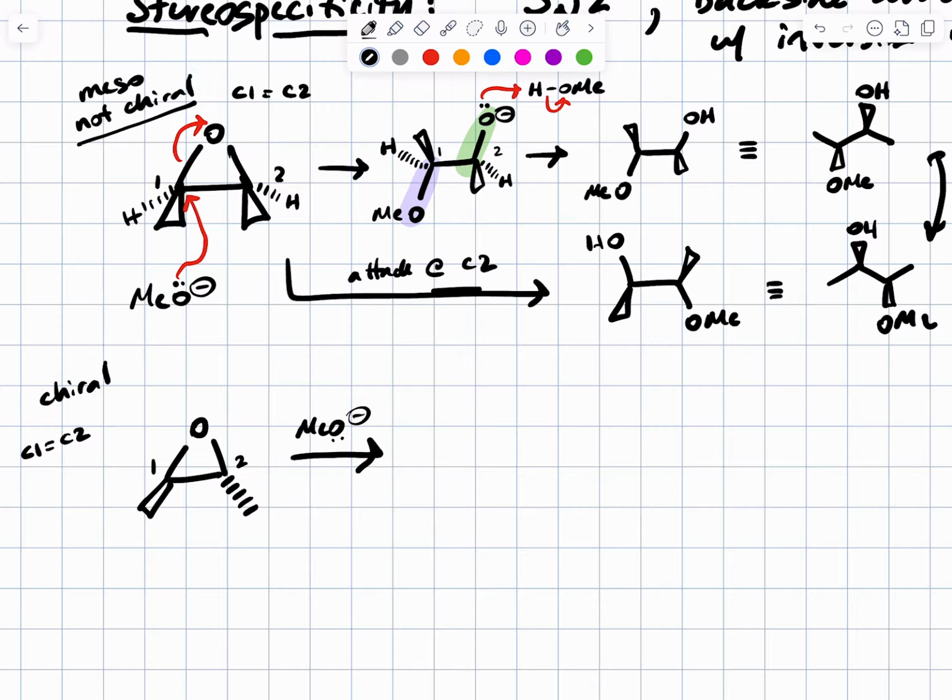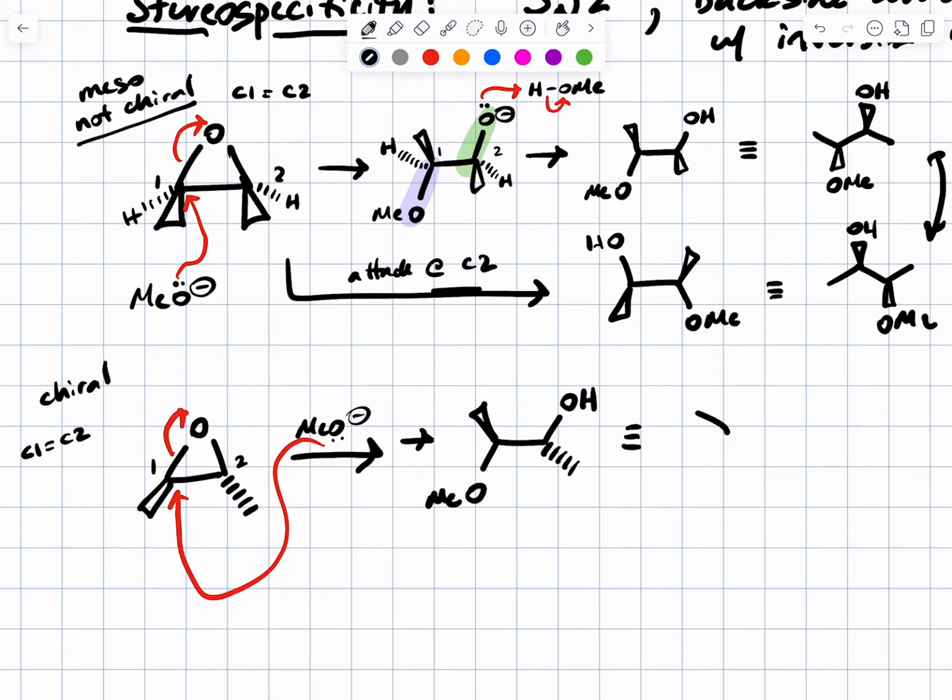We'll show it attacking carbon 1. And that would give us, I'm skipping the protonation step afterwards. We're just going straight to that to save a little bit of time. This would be the product. If I were to redraw that a little bit,